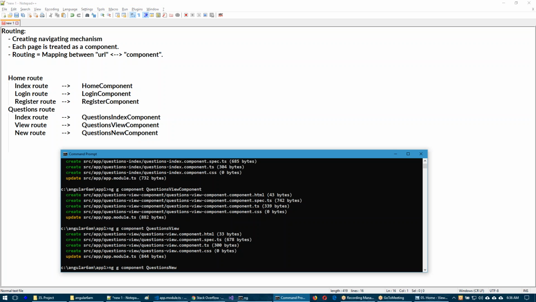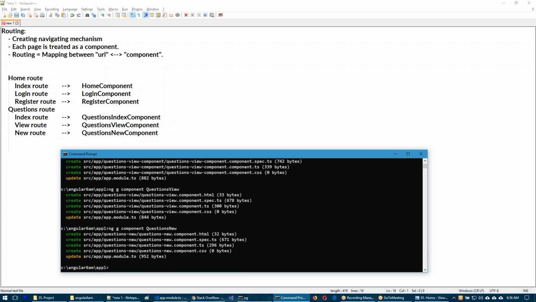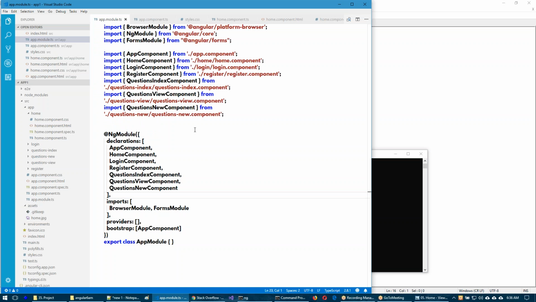Questions new. So all the components we were expecting are created here. You can just notice that in every statement we first mention the class name, followed by the file name. And notice that except for the app component, every other component is placed in a separate folder.